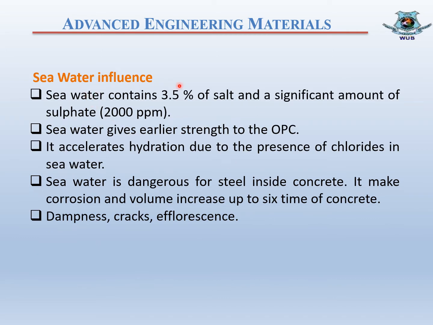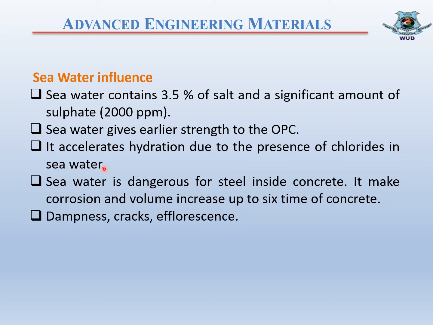Seawater influence on concrete. Seawater contains a high amount of salt, that is 3.5%, and a significant amount of sulfate, that is 2000 parts per million. Seawater gives earlier strength to the ordinary Portland cement, and it also decreases the ultimate strength. It accelerates hydration due to the presence of chlorides in seawater, and as a result,